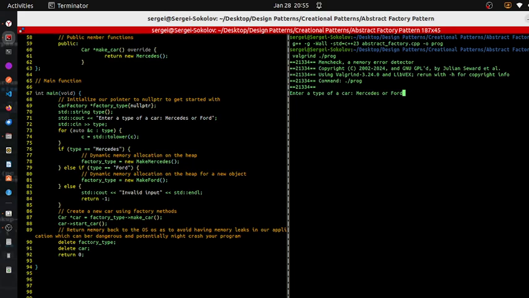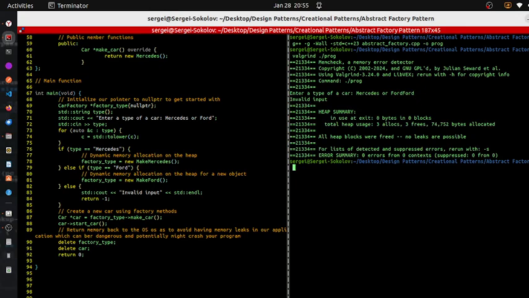So, invalid input. Okay. No leaks are possible over here, which is a good sign, but we don't have an expected output, unfortunately. So yeah, I think that